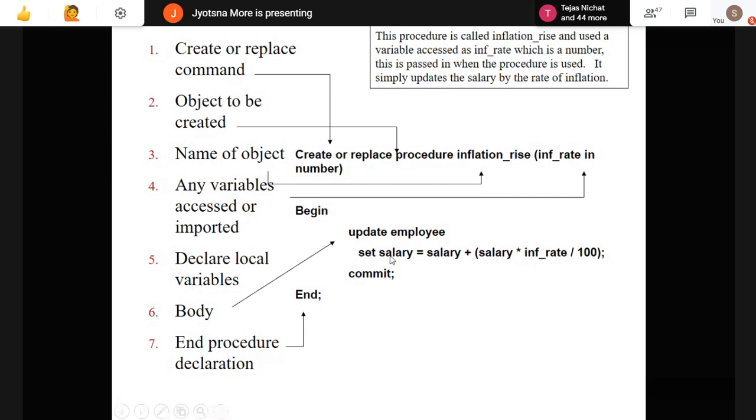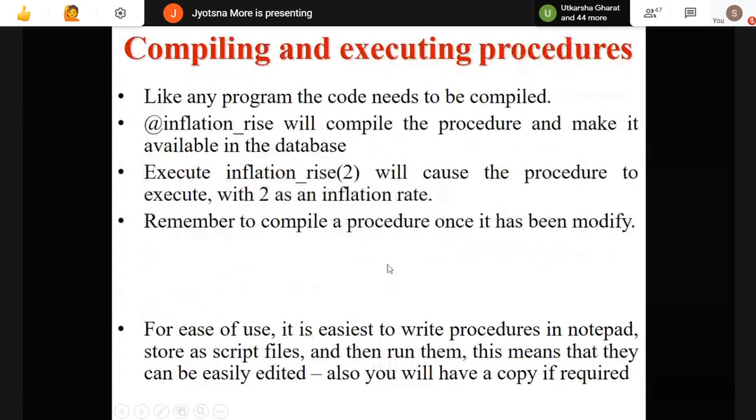Fine. To compile a procedure once it has been modified, you need to compile a procedure at least once. Whenever you modify the procedure, see to it that you compile it at least once, so that it is available in your database and anytime you can use it.